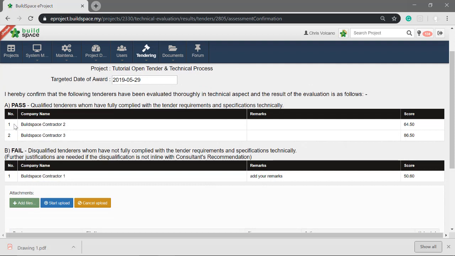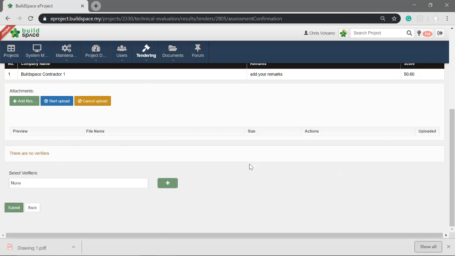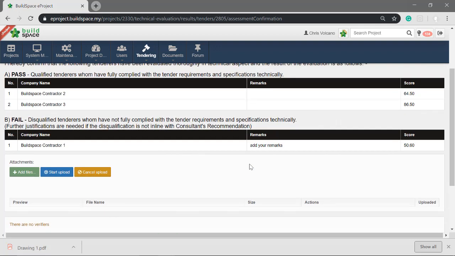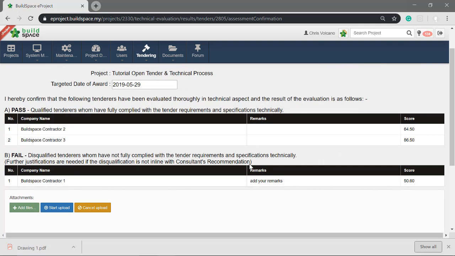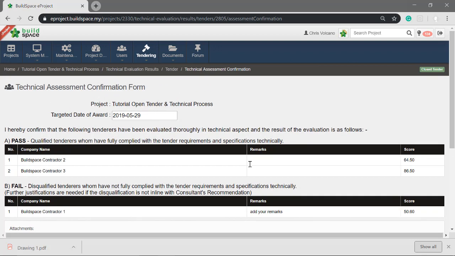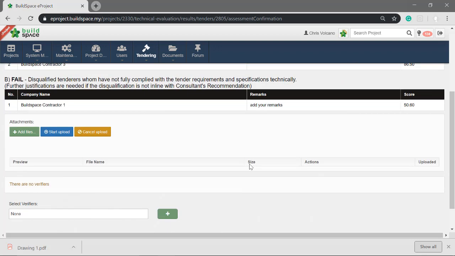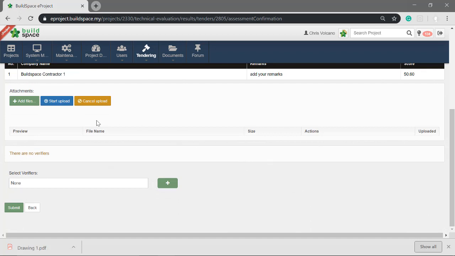So when you scroll, you can see two sections. So this will be the contractors who pass based on the technical evaluation result, and this is for the contractors that fails. So once you scroll down, okay, actually you can assign a verifiers, okay, to approve this technical assessment confirmation form. Okay, so for example, if you want to select a verifiers,